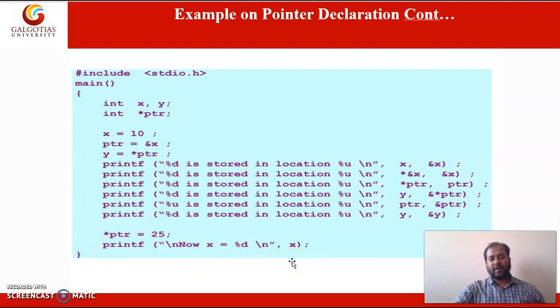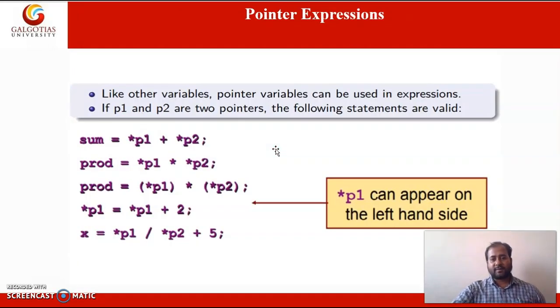It will print 25, since we have reinitialized the value of variable x to 25 using the pointer variable. Okay, so in this way we can print addresses, and we can perform some operations on the pointers. So here let us see another example.